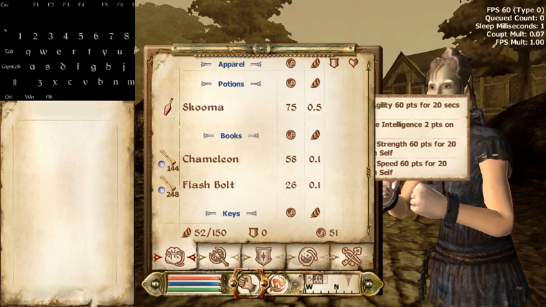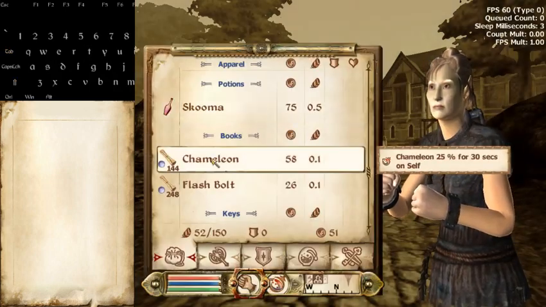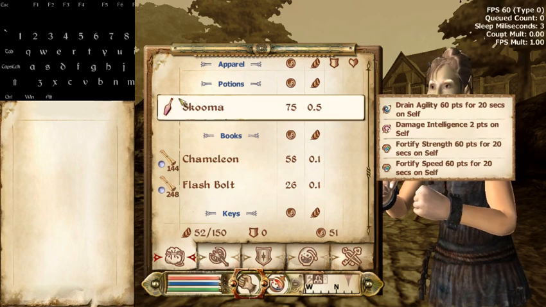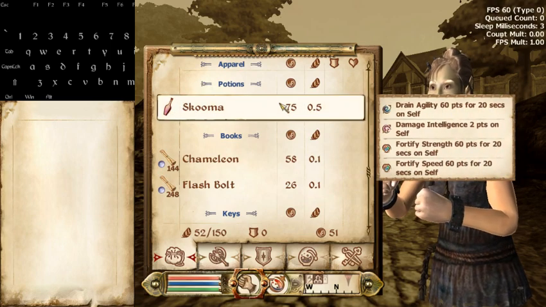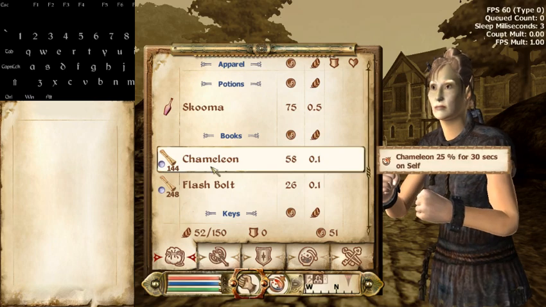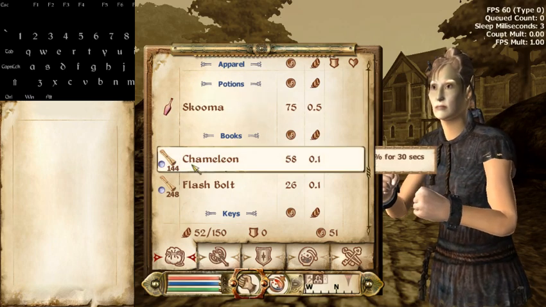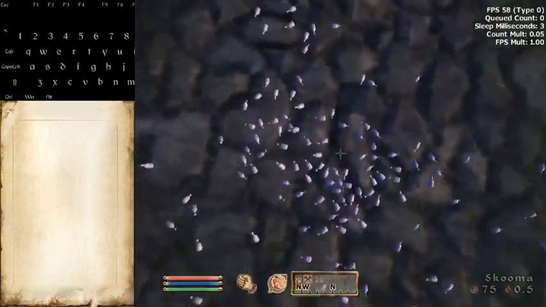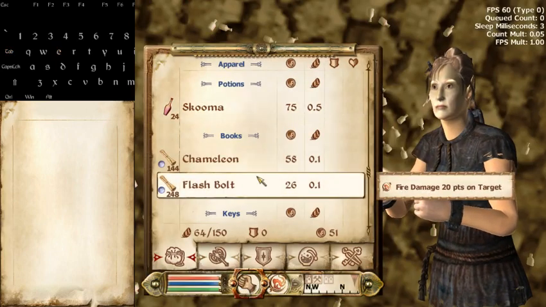So you just have to drop it once, pick it back up, and then click on Chameleon to make a smaller stack, because if you click on Flashbolt, that's 248, you'll be making 248 individual skoomas, which will lag the game and slow it down. So you just want a smaller pile of it, because you won't pick all of it up anyway. So drop 144 of them, pick up around 20, 24 is fine,